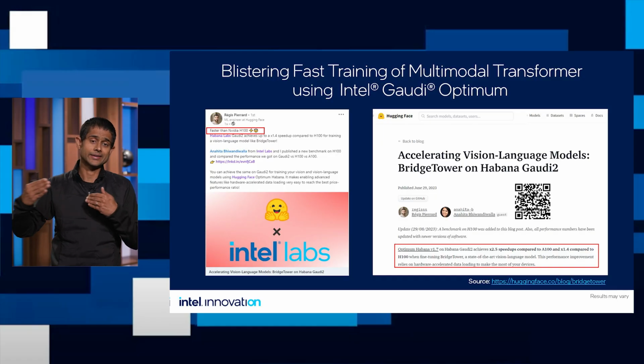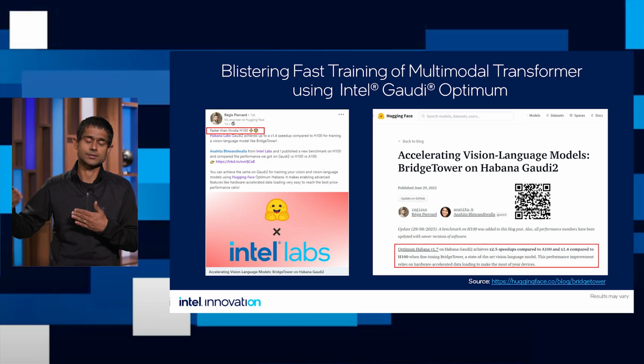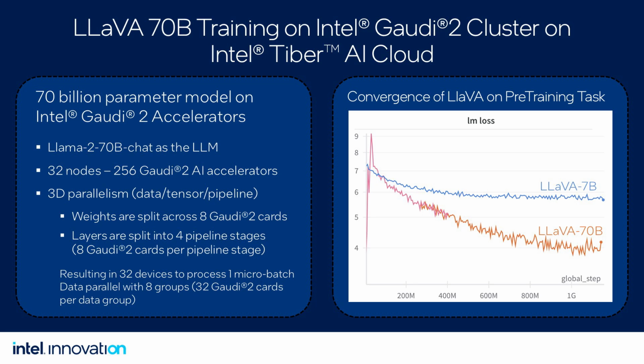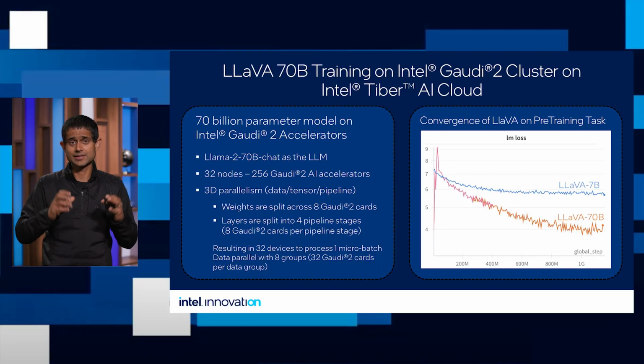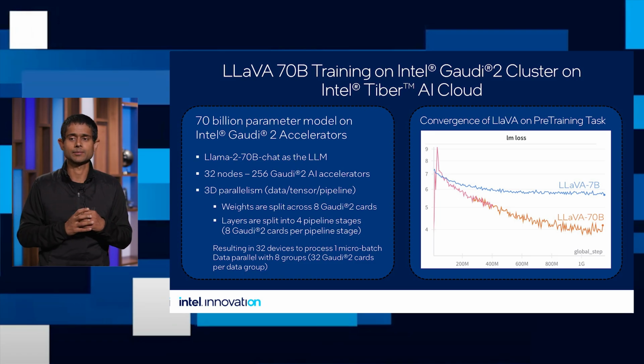My team has also partnered with Hugging Face to showcase how multimodal transformers can be trained on Intel Gaudi 2 AI accelerators and how the performance, the training throughput of training these vision language models on Intel Gaudi 2 platform is faster than competition's leading GPUs. I've shown that we've open sourced many of these LLaVA models, and we are also very interested in scaling up the size of these models. So in this slide, we see a LLaVA model being scaled up to about 70 billion parameters.